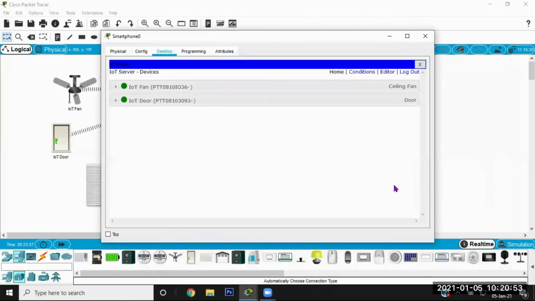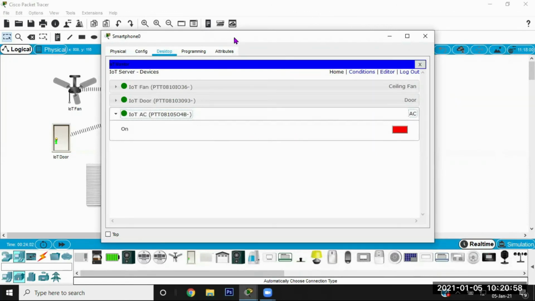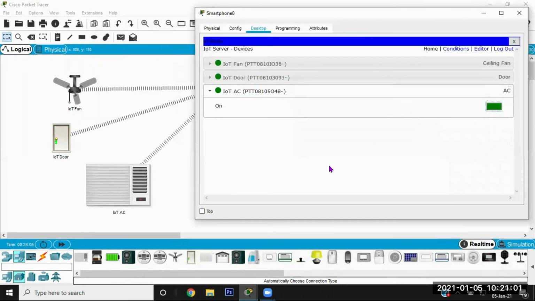Like you need to go to IoT monitor. Okay, there is one IoT AC, and that is not on, so you can just turn it on. Okay, so you can see the change in symbol here. So you can switch on and switch off. That's the facility available on this IoT enabled AC. You can't control temperature. If sensors are there, then you can control temperature also from a remote location. So in this device, the only facility is that you can turn your AC on and off from a remote location.